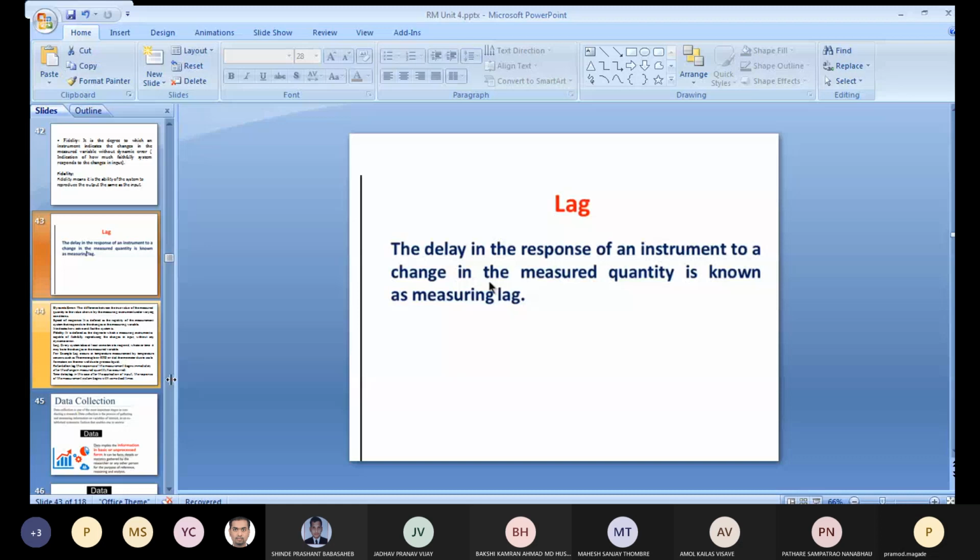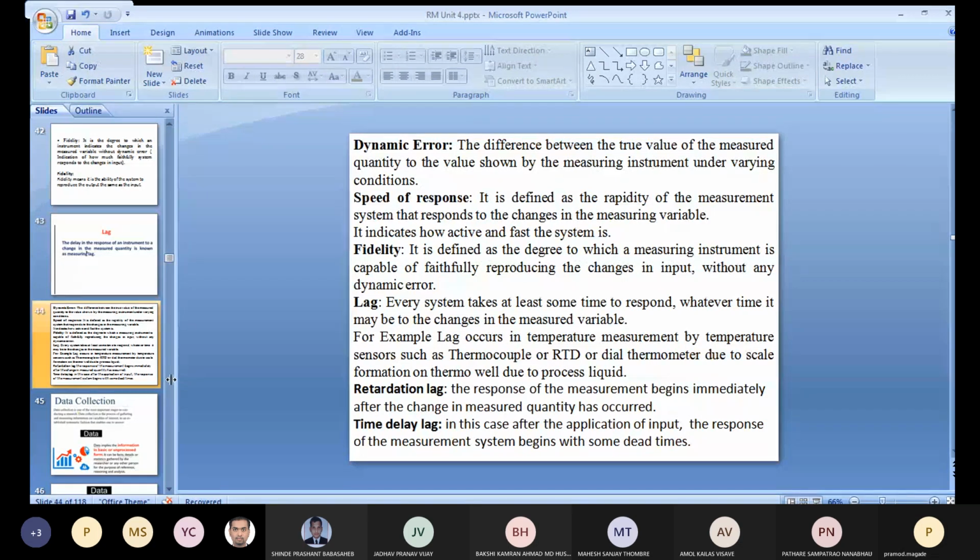Can anybody quote a measurement, instrumental point of view example related to lag? Yes, sir. For example,